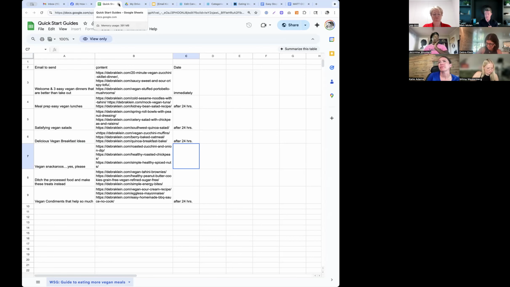The overall damage you can do is very minimal. So get it out there. You can fix it later. You can iterate on it later. You can make it more beautiful later. But get it going. If I have not looked at yours, I'll look at it real quick here. And if you have any specific questions about your quick start guide, let me know. But other than that, we will see you tomorrow.